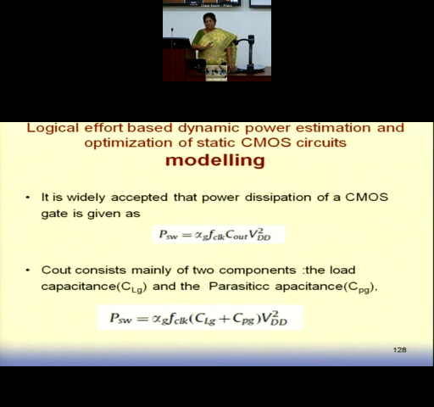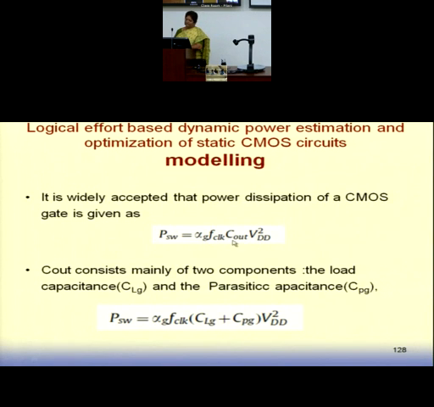Okay, so we look at the switching power, P switching, which is the dynamic power consumption. For any CMOS gate, it is the probability of switching of the gate multiplied by the frequency at which the gate is operating, the C of the output, and the VDD squared. Here I am not considering the case where the swing is not a full VDD variation. We are assuming a normal gate with a normal VDD swing. So it is alpha G, F clock, C out, VDD squared. This is my equation for power consumption of any CMOS gate.